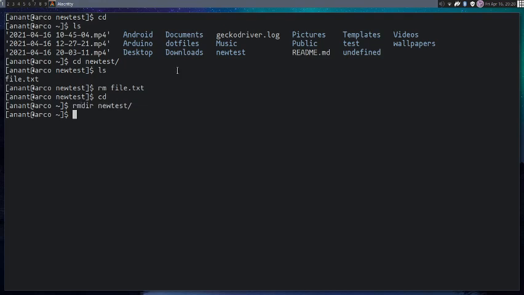If the folder contains some files, folders, etc., it will not delete it.